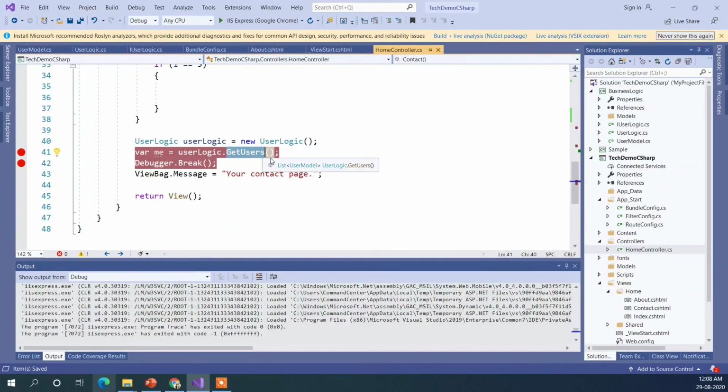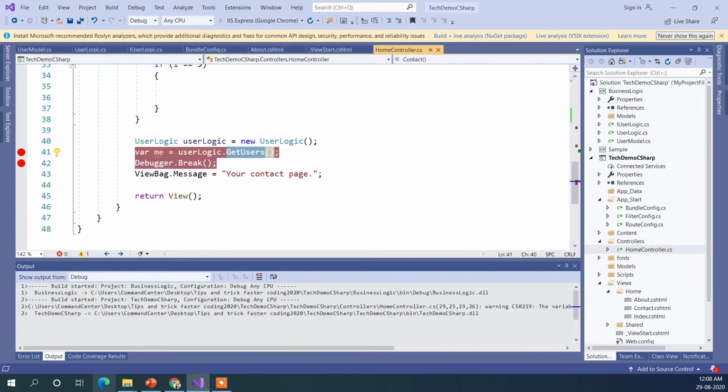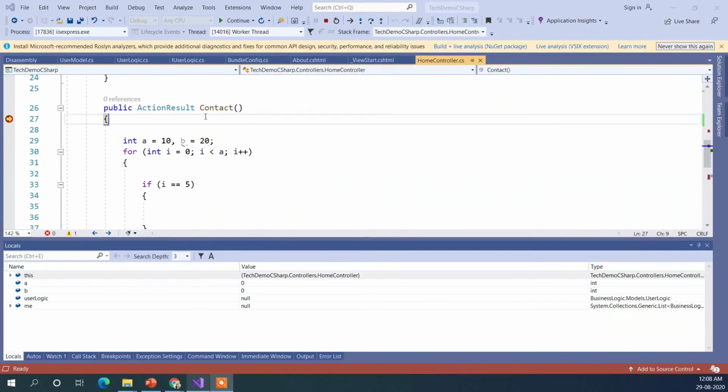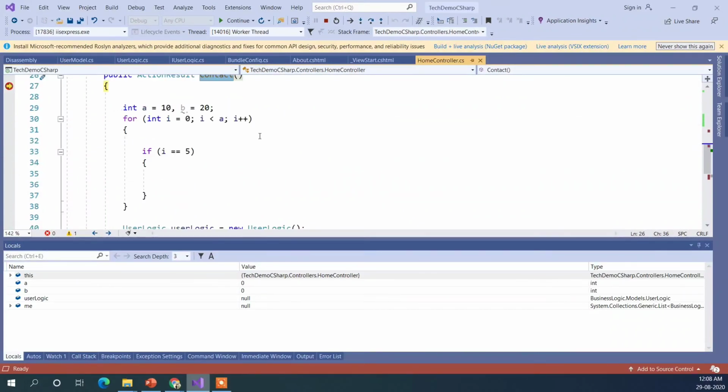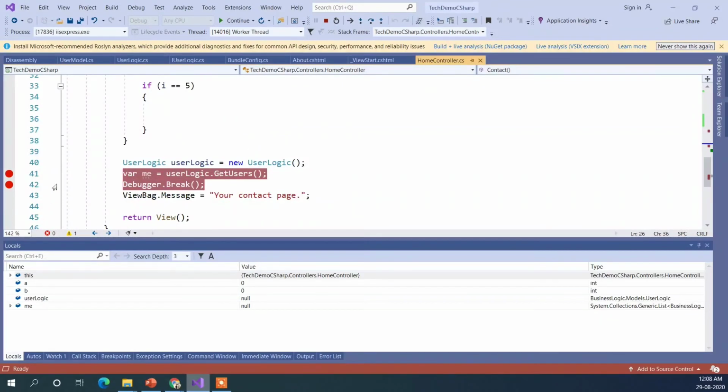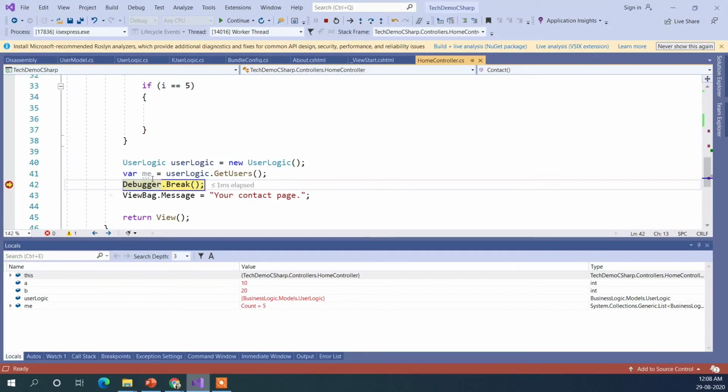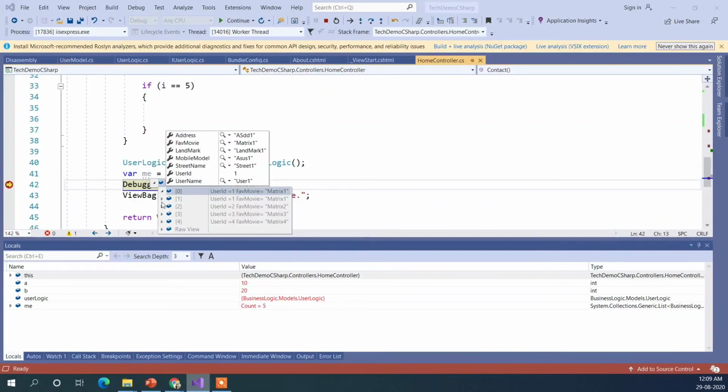We are here, and I will just start the application again. So I have started it, and it's already inside a context one, and when I click continue, it will break here. When you see this, now you can see it's showing the value which I have defined there. It started to show here, so it will become really easy for us to see the object information instead of us going through inside this. So that is very nice to have.